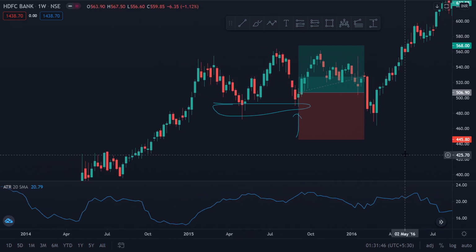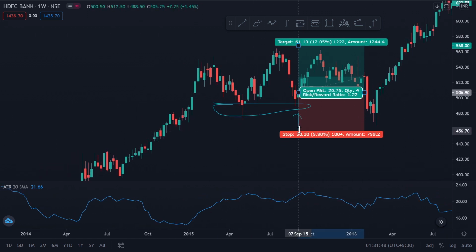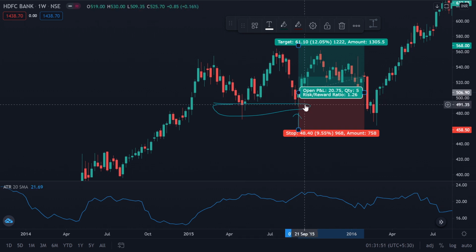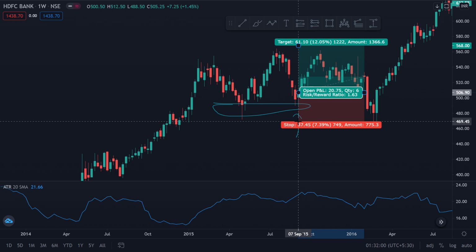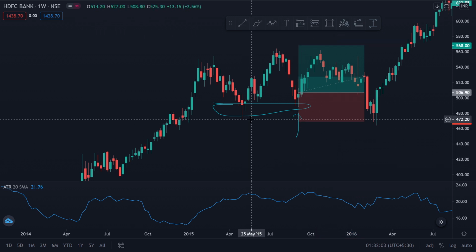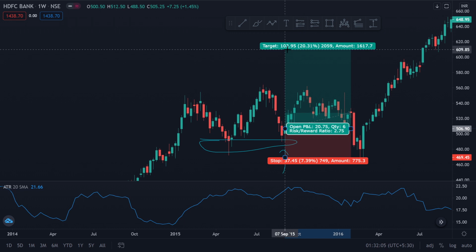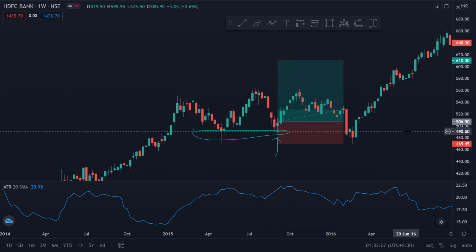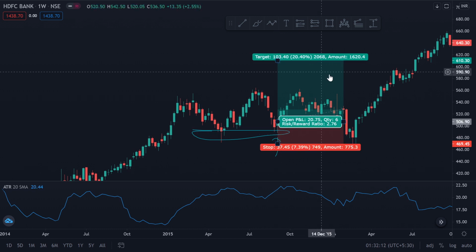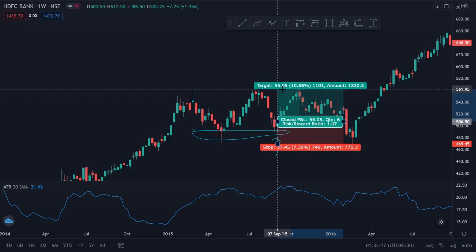Now this is a simple trade. My stop loss would generally be, I'll observe these levels here, these wick formations. This was the lowest wick, and it was at about 470. So I would place my stop loss just below this level, and then I would expect targets of 1:2, 1:3, whatever, right? Now what happened here? Price did reverse from our point. It did not hit our target, because if these were our targets, our risk to reward would have been 1.5, which is relatively less, but still good.